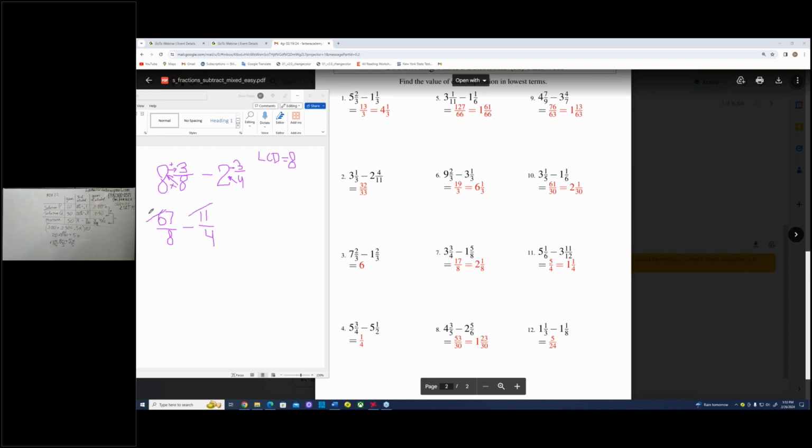What are they supposed to write in this home? What number, multiplied by 8, gives you 8? 1. What number is supposed to be written here, multiplied by 4, to give you 8? 2. Equals 67 over 8